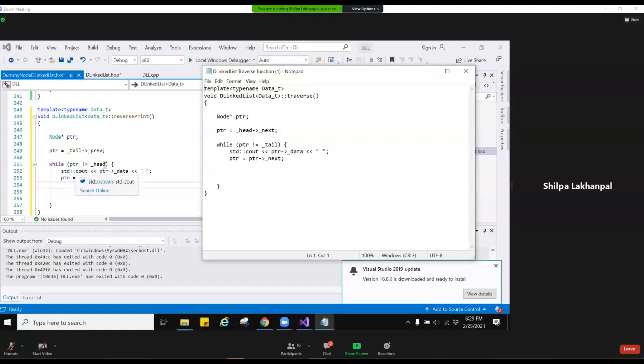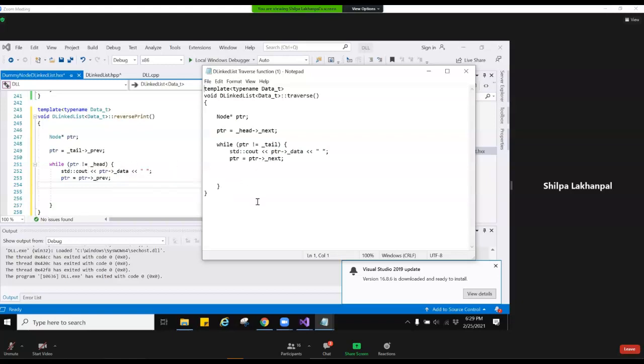Then in the while loop, the forward traversal keeps traversing until the pointer reaches the tail, but the reverse traversal keeps traversing until the pointer reaches the head. And then you're printing out the data at each node, which is the same line.